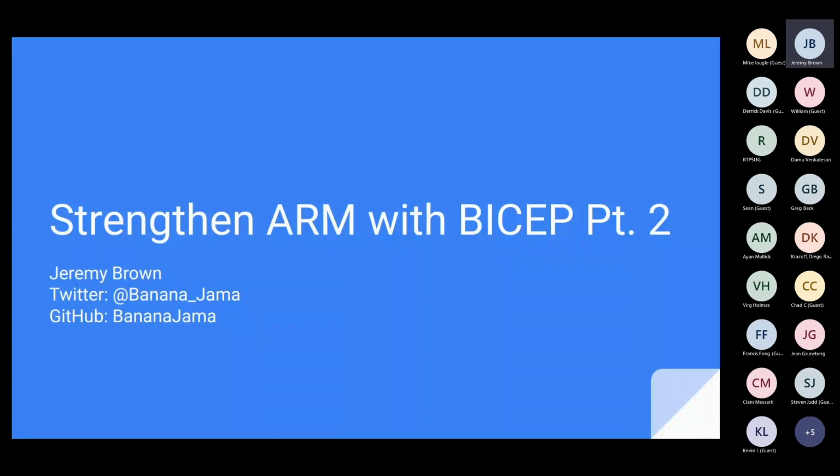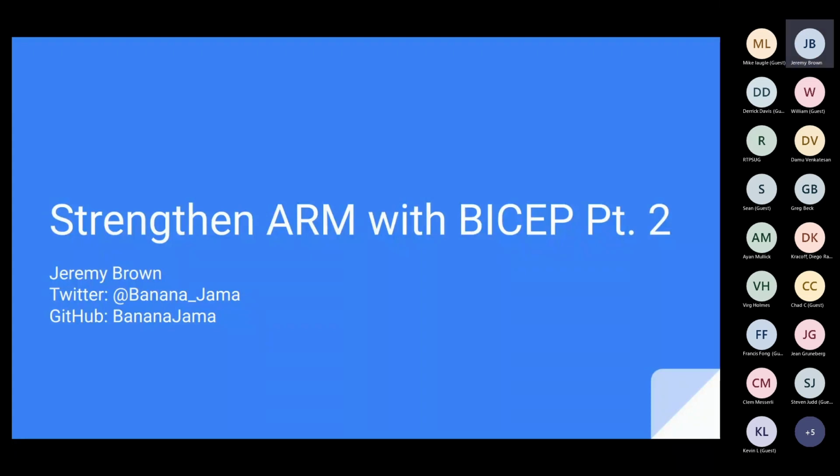And so I thought it'd be fun to have a talk about using Bicep instead of ARM. I think Bicep is way easier to pick up and use. And so when I was building it, it quickly became a larger thing, and so we decided to break it into two parts. The first part that I gave was more around the syntax and structure of Bicep and how Bicep builds an ARM template and how we deploy the ARM template. We kept the deployments pretty simple on the first part and really just stuck to the basics of understanding how